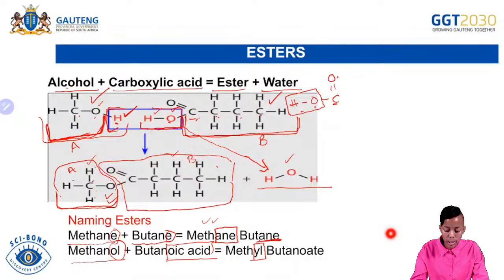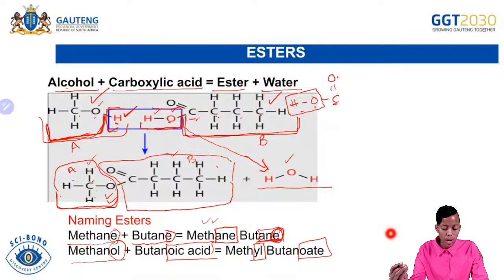It would be called butane. But because it is an ester, then you are going to replace only the E with what? With the OATE. Okay. So just to repeat for you again, when you name the esters, you always start with